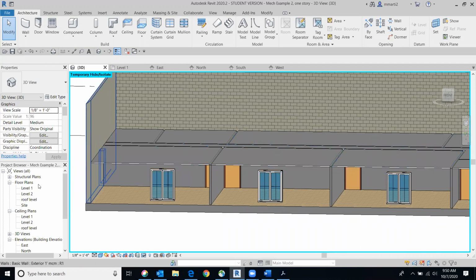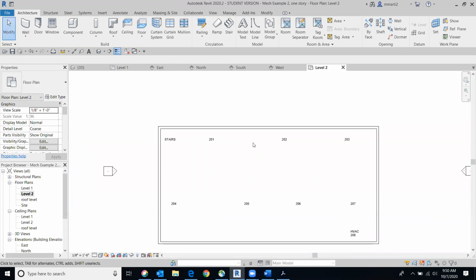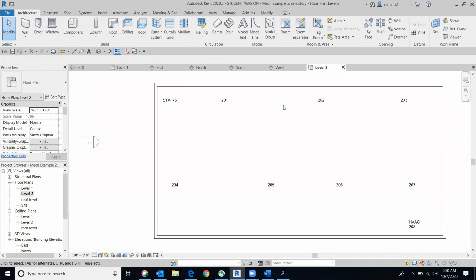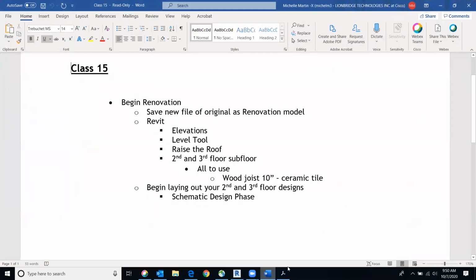What I want to do at this point is go to my level 2. And in this area, I'm going to go ahead and add that new second floor. And per the instructions, just to make it easier on everybody, I'd like everybody to use the wood joist 10-inch ceramic tile floor. So what that means,